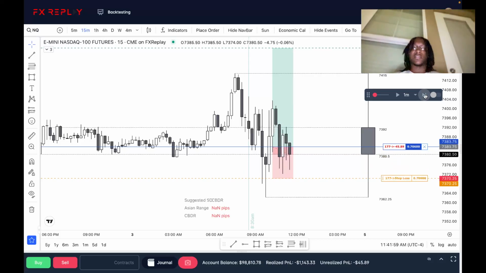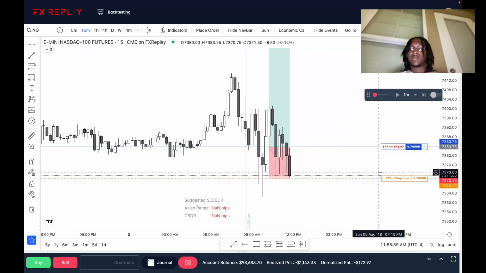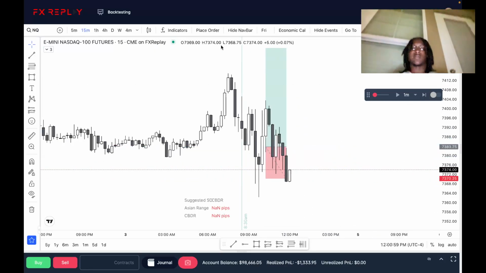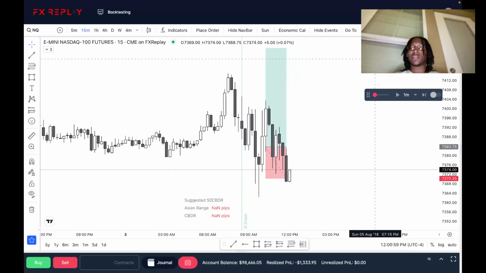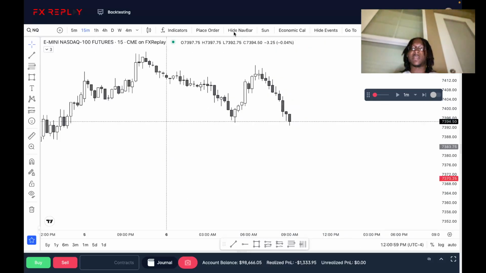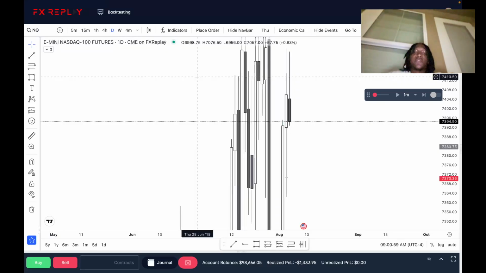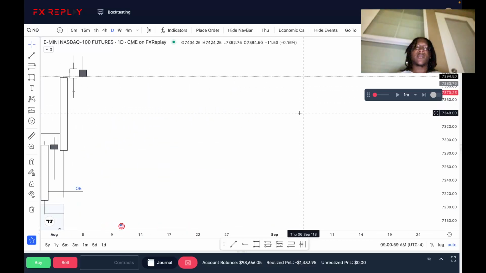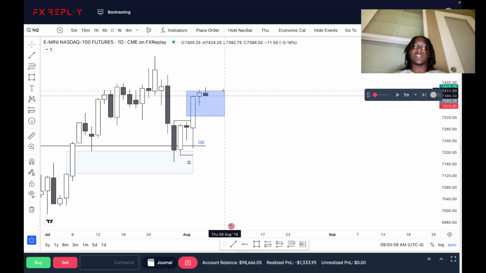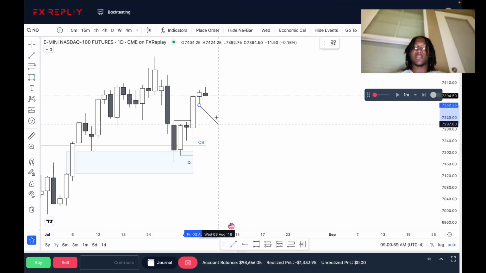That makes sense for price to start displacing lower, but this is Friday though, and this is August as well. So a little bit iffy on the option, but it is what it is. We shouldn't be losing. We know what we're doing. So I believe this is going to continue pushing higher. Just having some lows that we can take out. That's in the weekly.